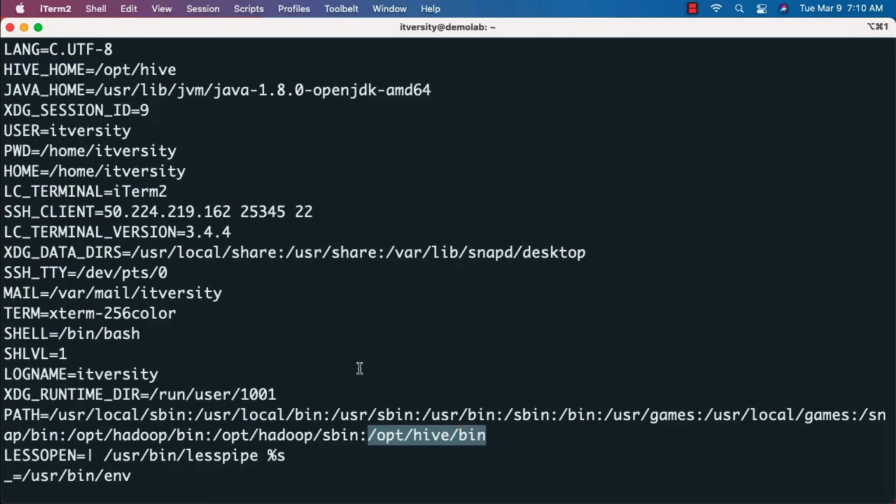This is how you should be able to take care of setting up the database and also setting up a couple of environment variables that are relevant for us. Now, as we are done with setting up the database, it is time for us to configure Hive to use the database and then validate whether Hive is working as expected or not.